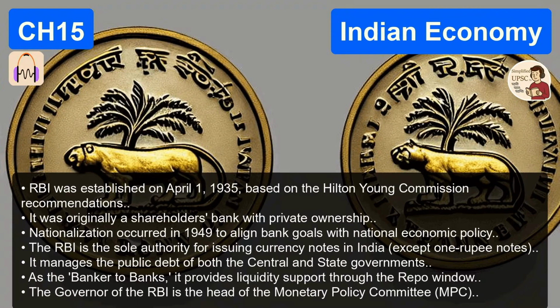So the bank takes the money from the saver, pays them a small interest rate, lends it to the borrower, charges them a higher interest rate, and keeps the difference. That is the fundamental business model right there. That difference is called the spread.